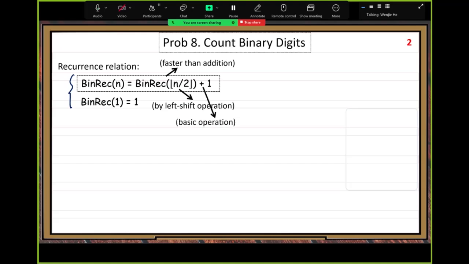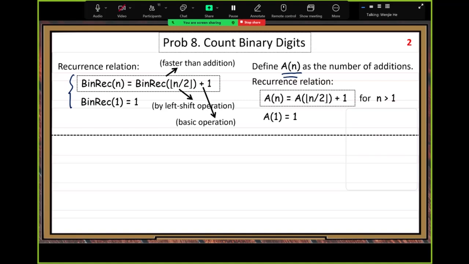So here we treat the addition, plus 1, as the basic operation. Let's count the number of basic operations, and we use the capital A function to represent the number of additions we need to find the answer. Then, based on our recurrence relation,